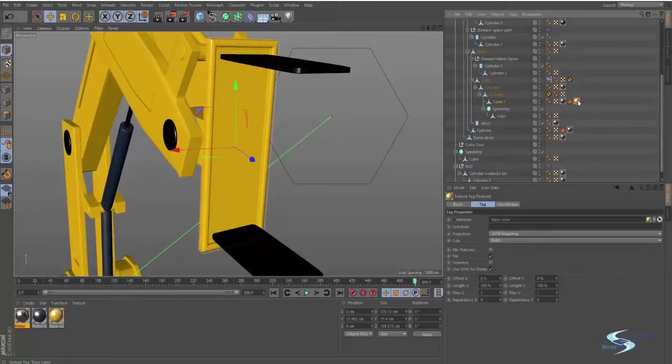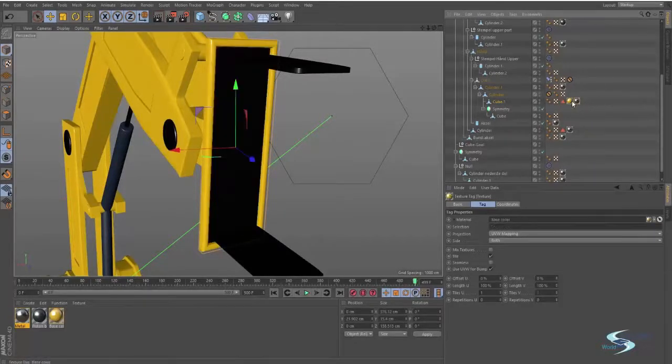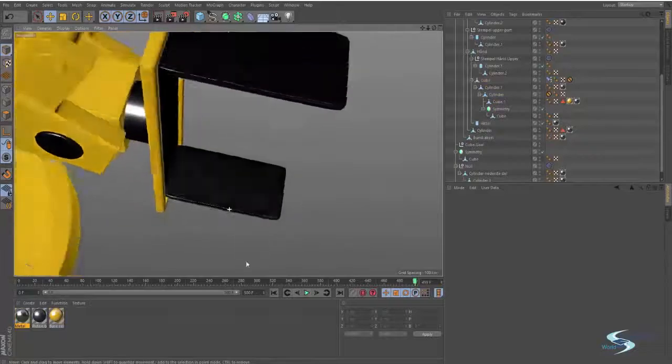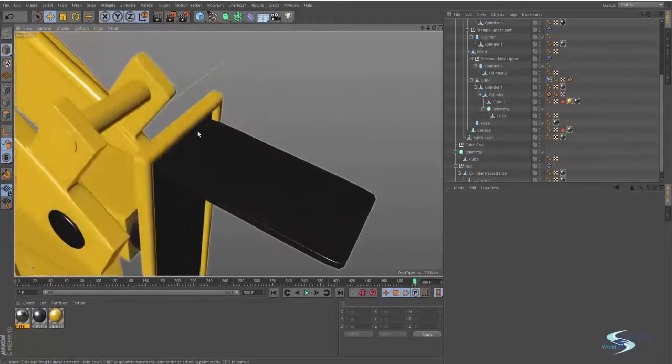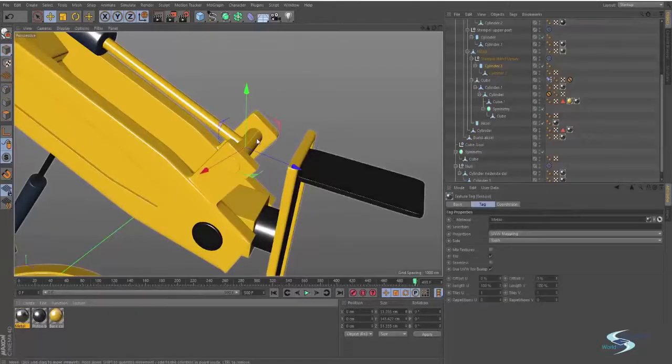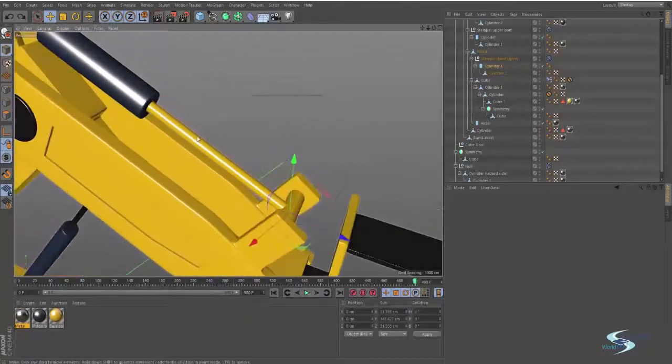And since this is on top, that means this will be painted metal. But if I just take this and drag it out in front of the yellow paint, that means it will be on top and it will be shown. So I think these pads are fine in metal, and there are just a few pieces left that I have to